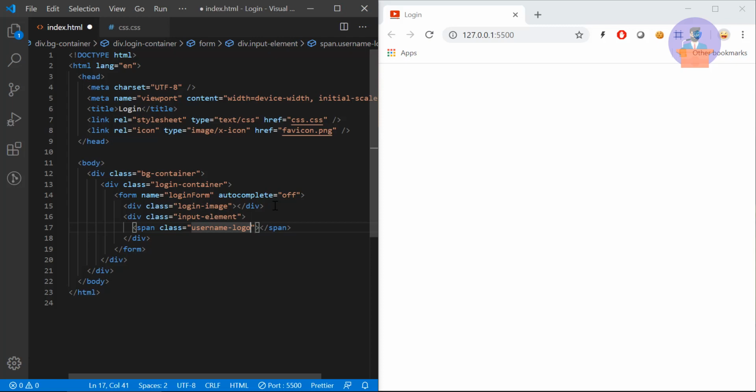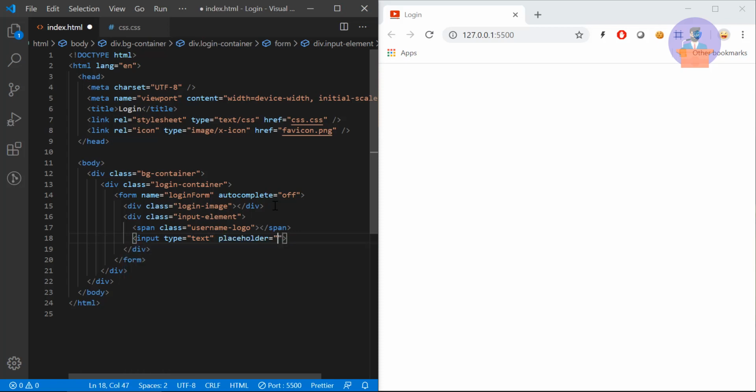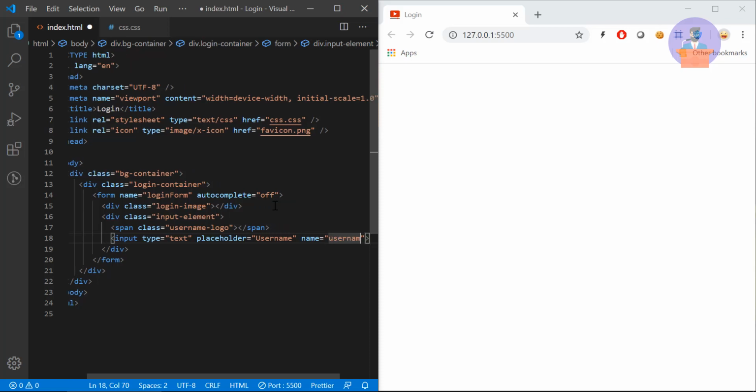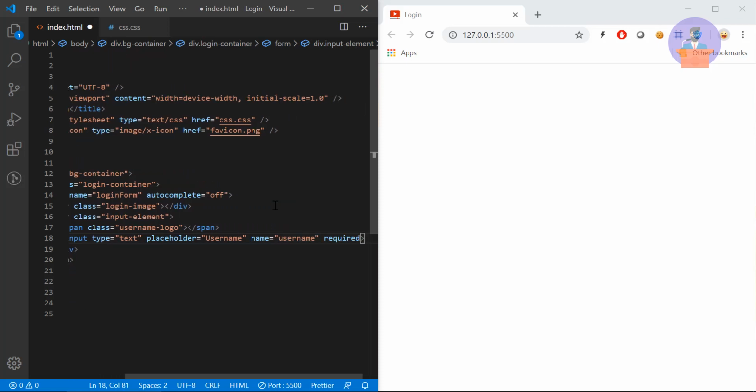Here we will provide a user icon to this span tag, and after that I will provide one input tag, and the type will be text, the placeholder will be username, the name will be username, and it will be a required field. Let's just save it up to this.